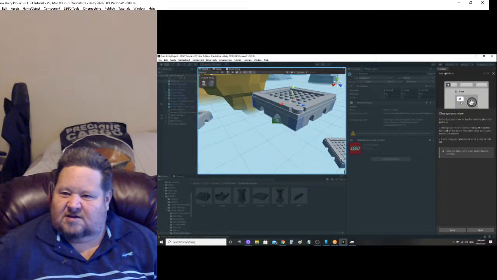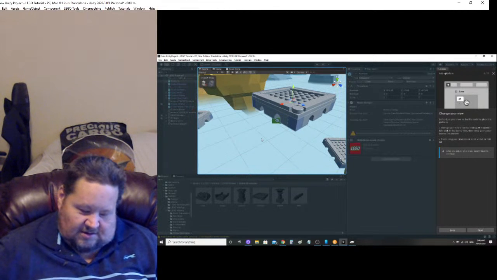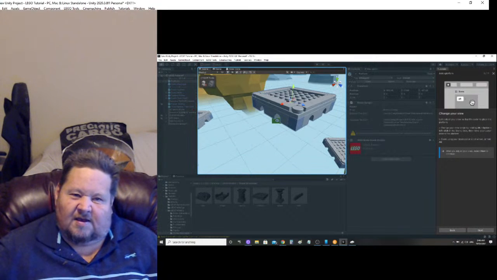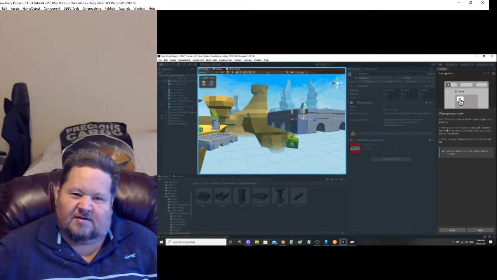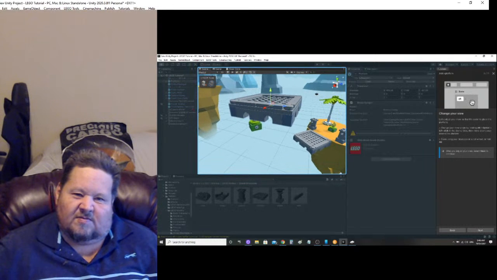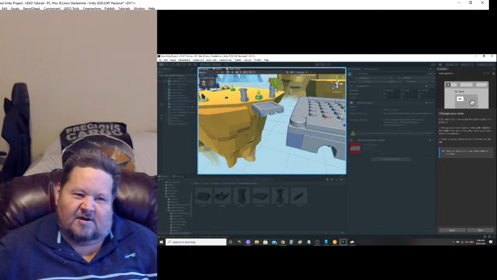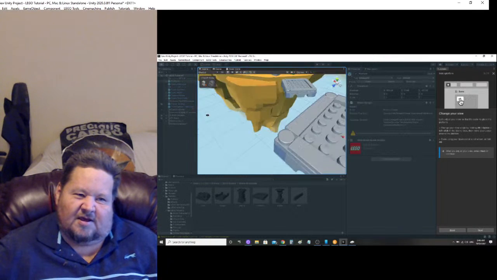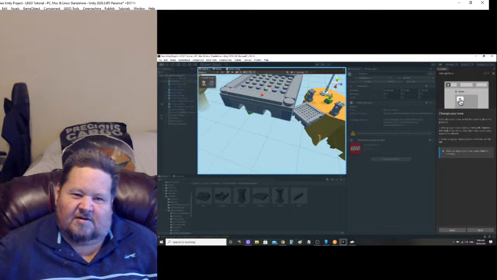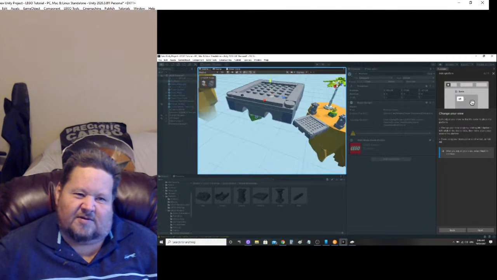See how it says Alt and that, so you hit the Alt key and you can move around, right? You can look at what you're planning and where you're putting stuff. So, see, I put that one there, right? Now you can jump there. That's probably too high to jump